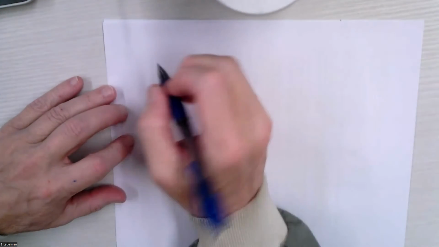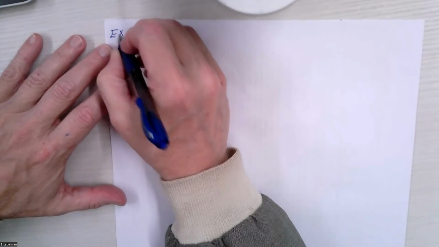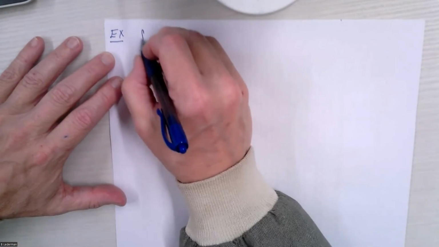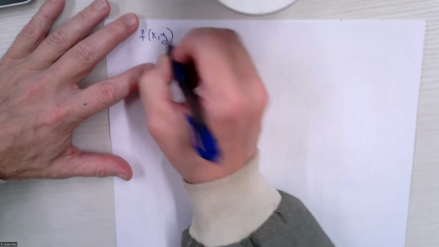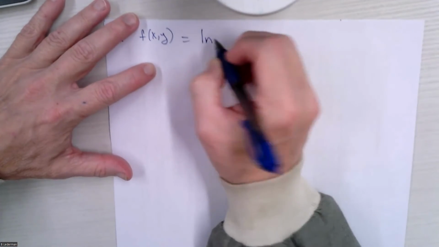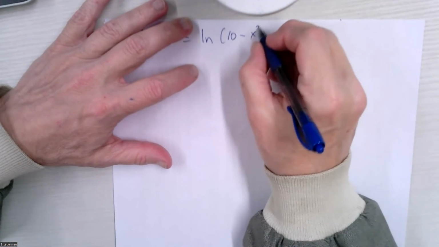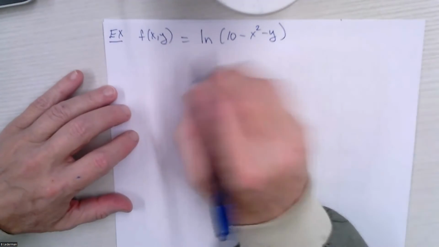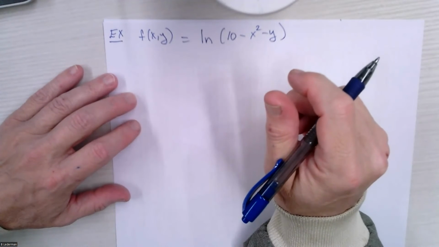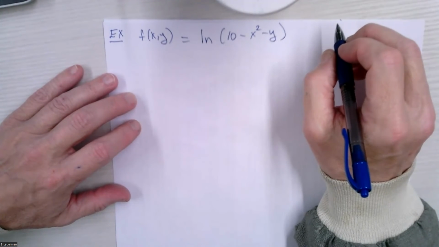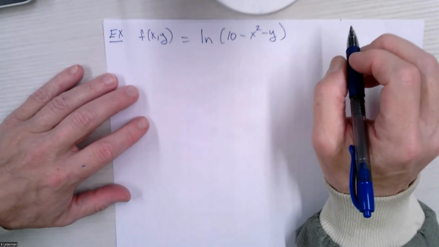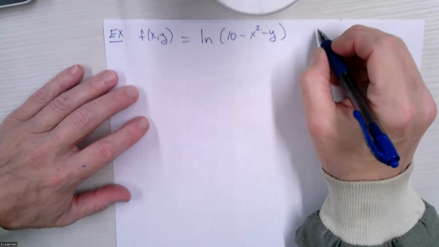Okay, here we go. I have another problem, and here it is. So I want to use f of (x, y) equal to the ln of 10 minus x squared minus y, which is some heinous, hideous function. Okay? And I want to find f of